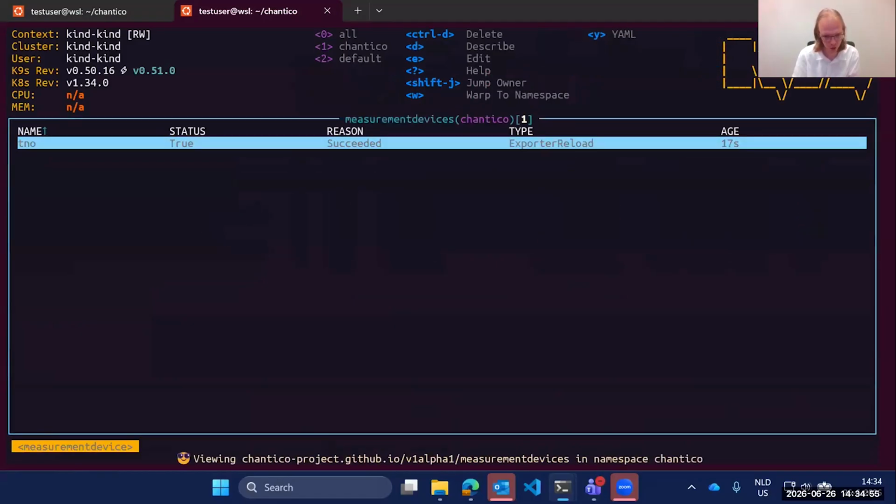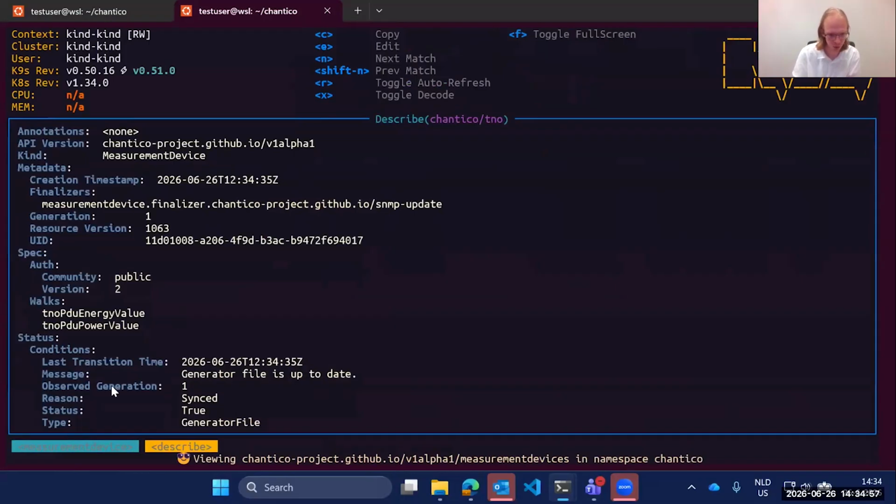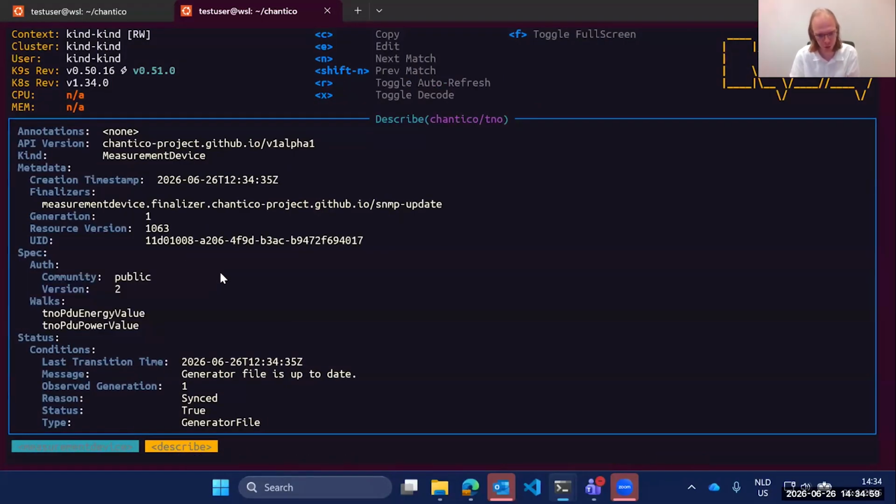There is this file that indicates which walks we will do on the SNMP device. These usually come from the MIB file, indicating how to monitor, for example, the output power of a PDU, which is a specific field that you can obtain via SNMP. We just define this in our resources.